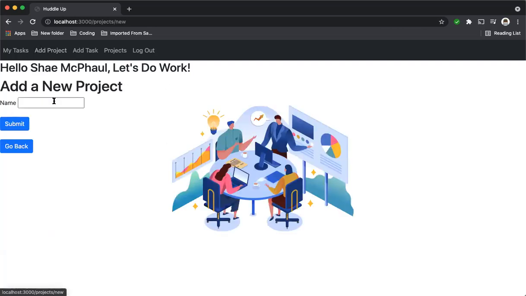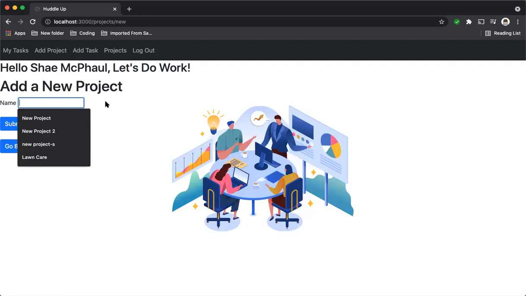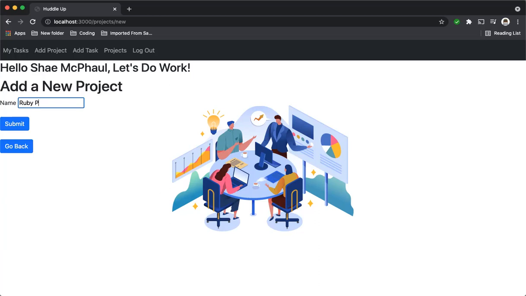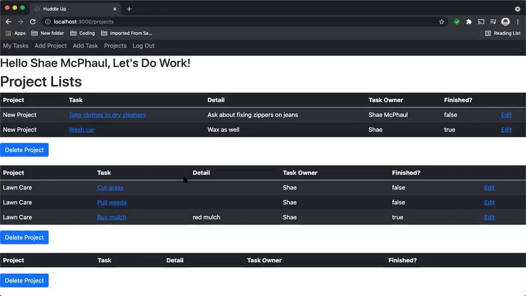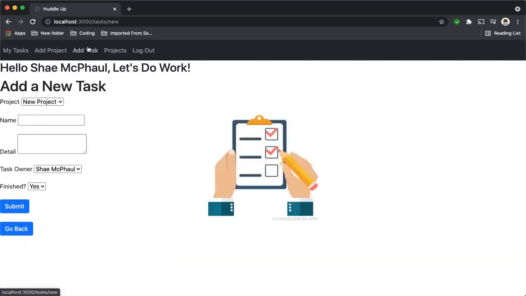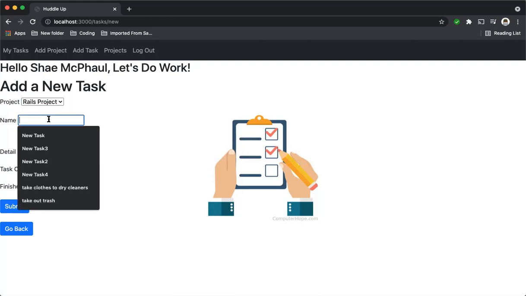Let's add a project. And let's just say this is our Rails project. Okay, and we hit submit, and our project is here at the bottom. Once we add a task to that project, it'll show up a little better. We have a drop down here for our add a new task form. So we want to add to our Rails project, and let's just say we need to